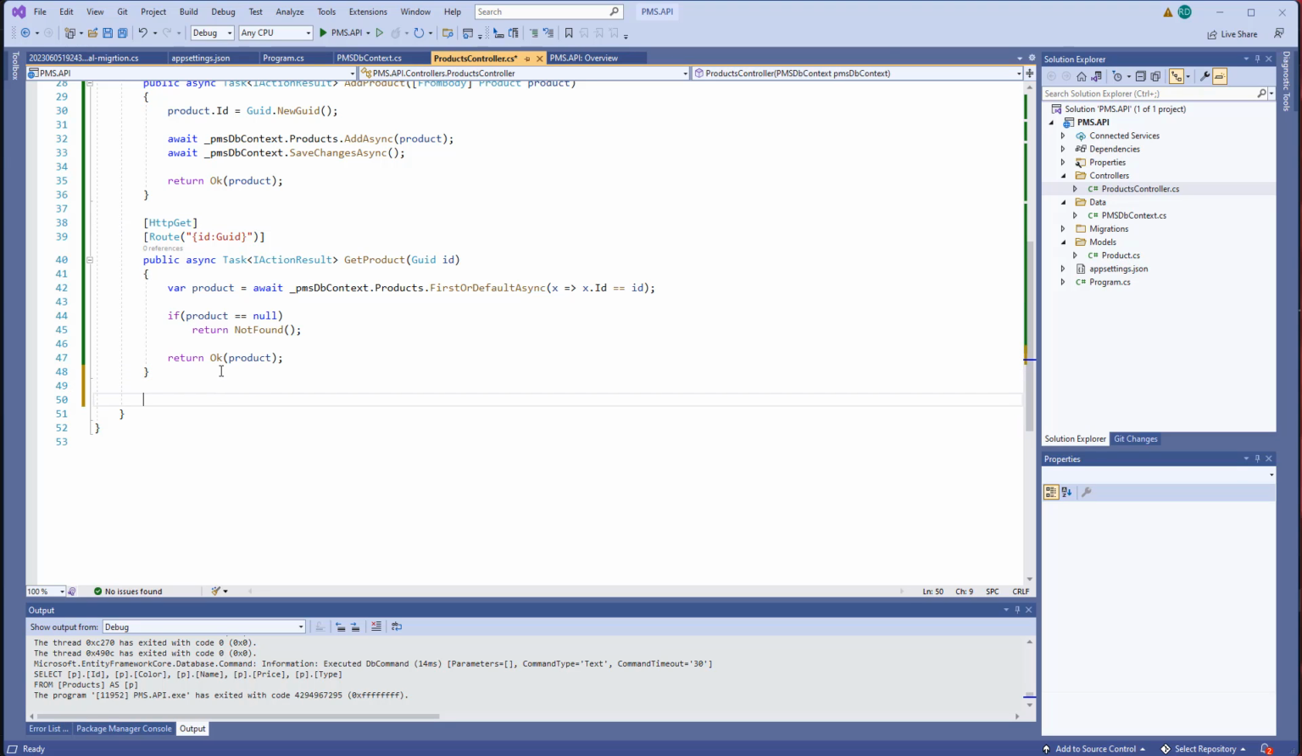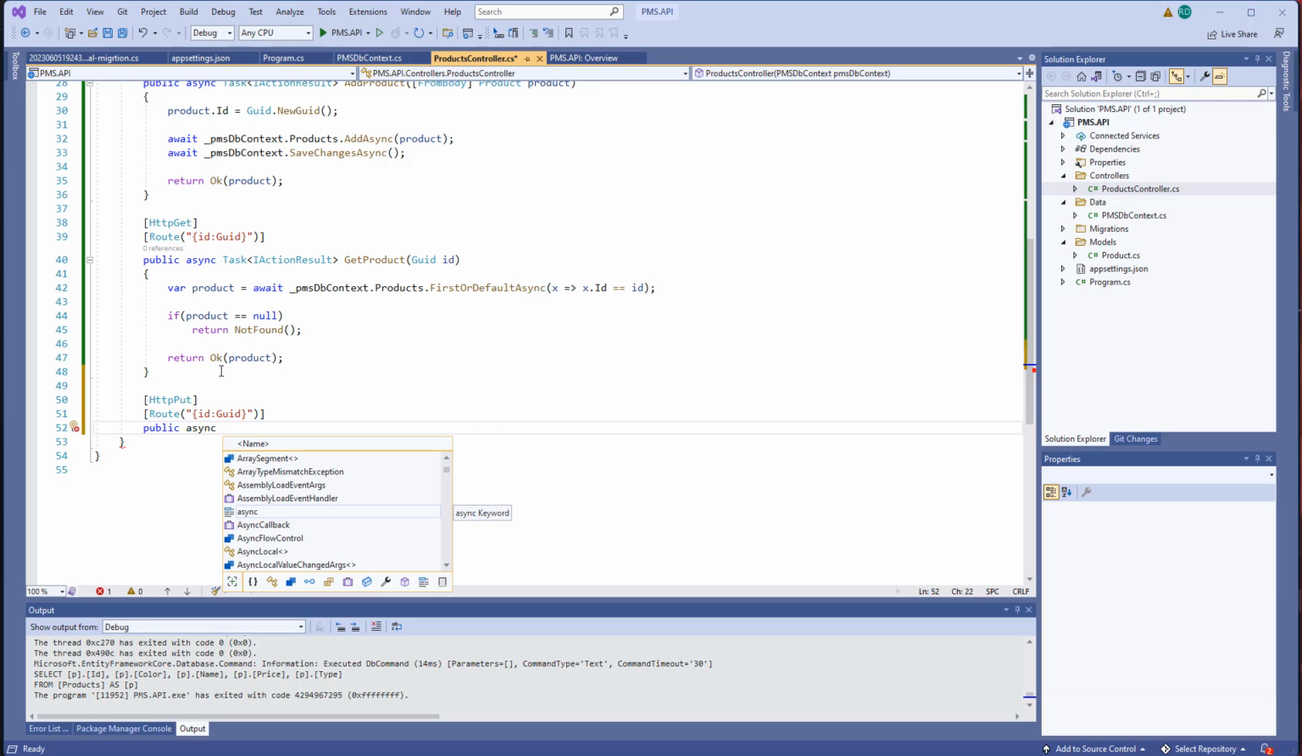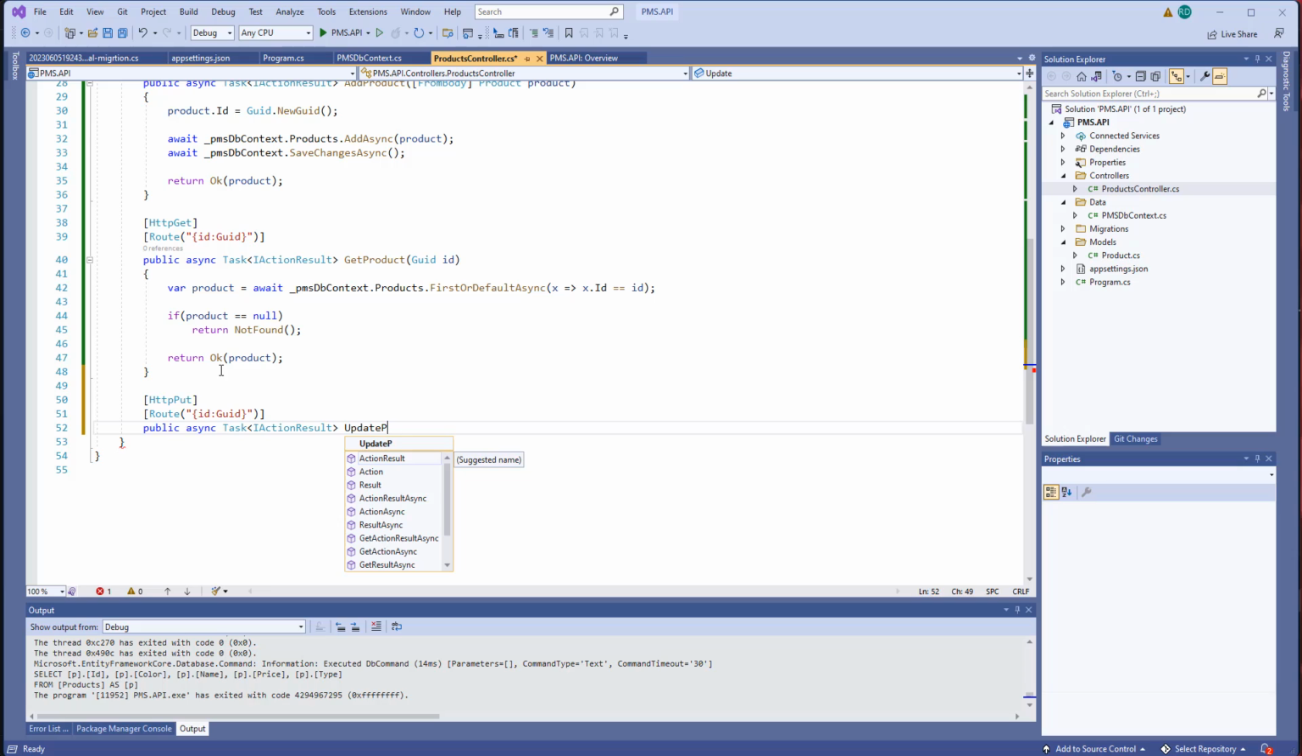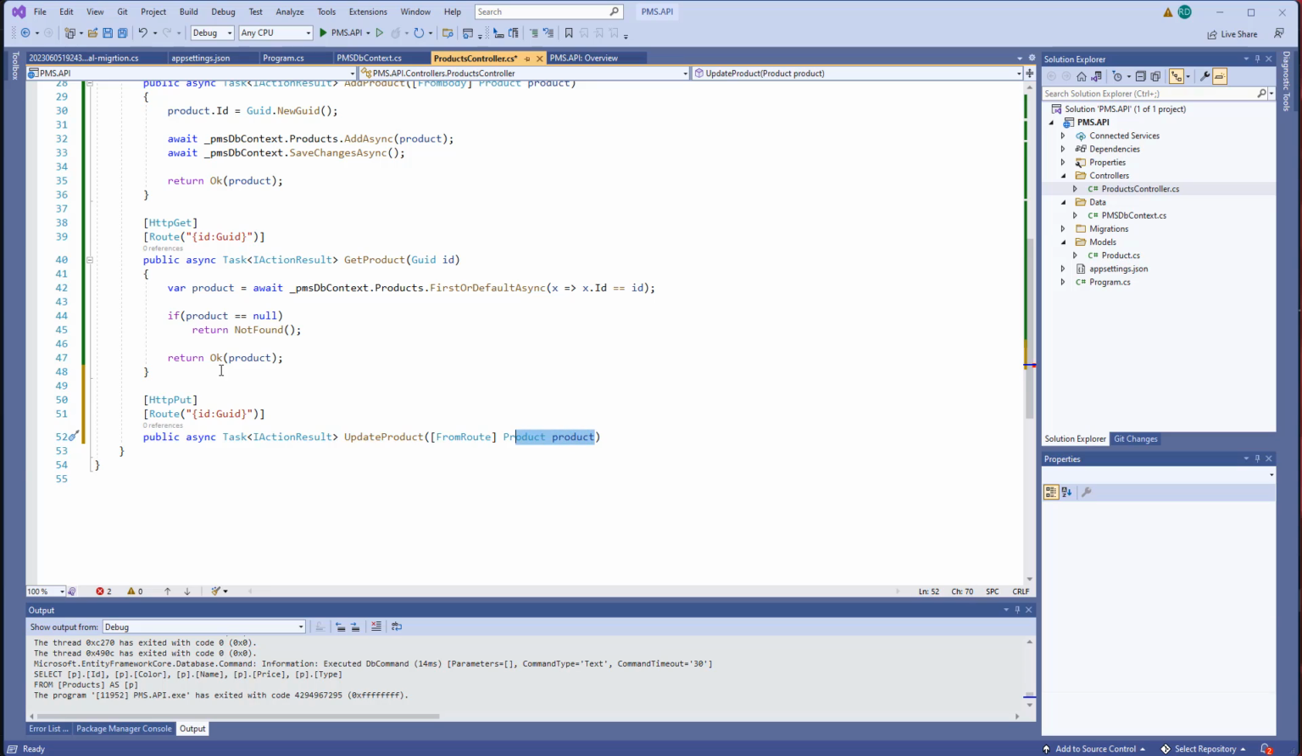So this is gonna be HTTP put method, okay, and we still need the route, which is gonna be ID, okay, and give it a name, public async task action result, give it a name, update product. So from route we are gonna take GUID ID and product type, which is like